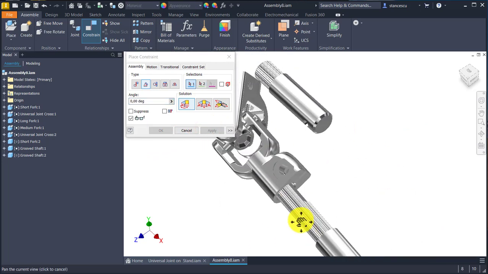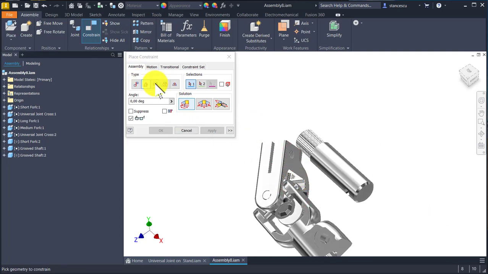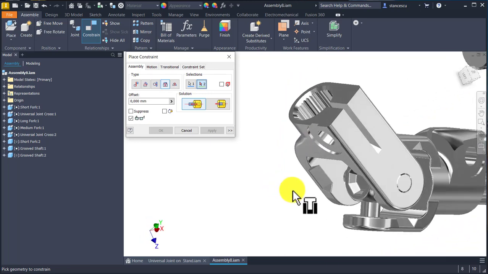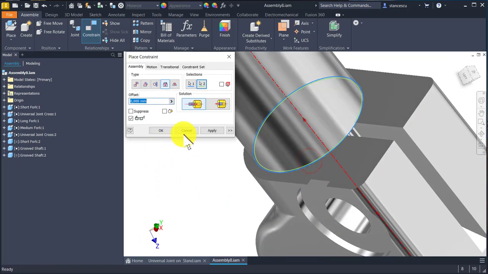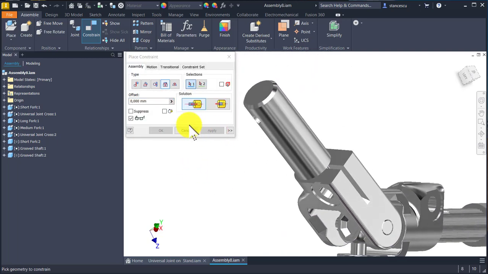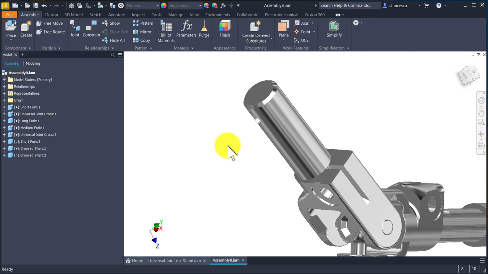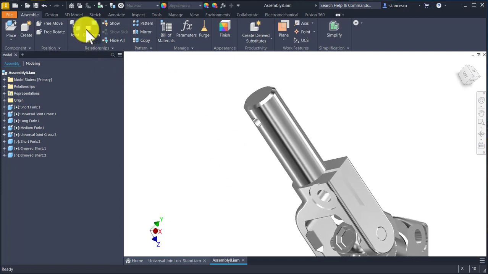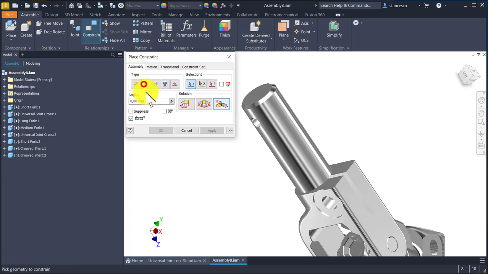The other end with insert this over this, apply, and last constraint, angle, first solution, axis with this face to be with this face to be 0 degrees. Okay,